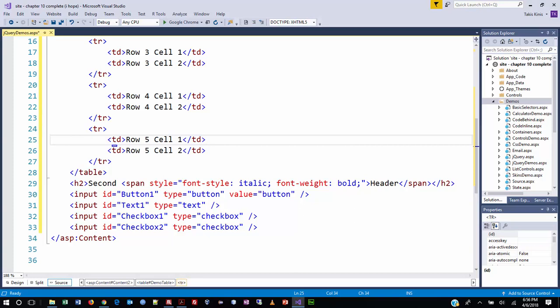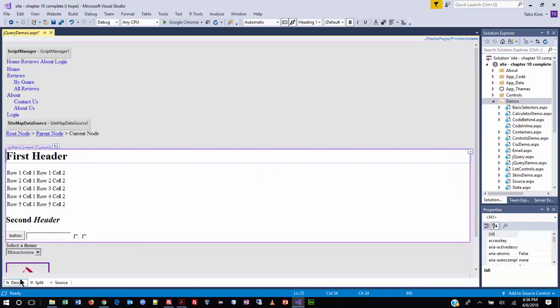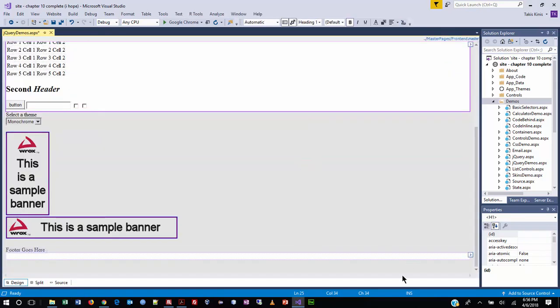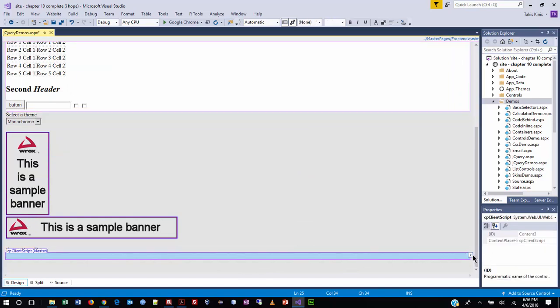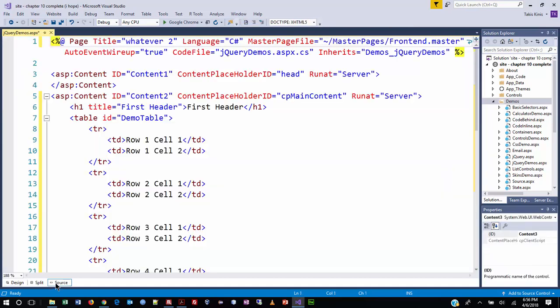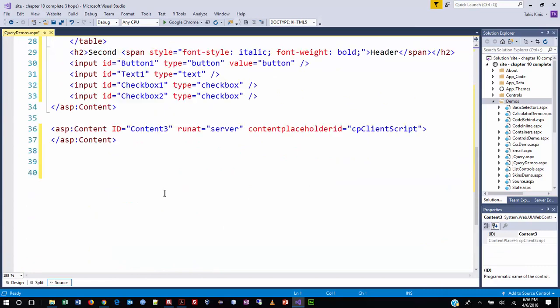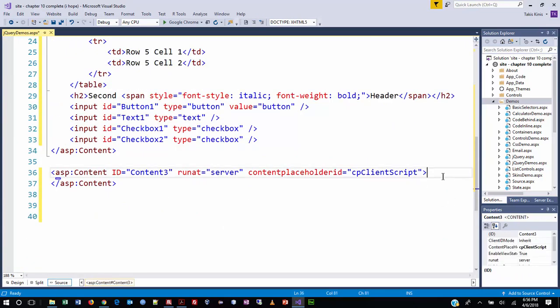Step number 2. It says add a content block for the CP client script below CP main content. Now, if you guys remember how to do that, we do have to go to the design view. And somebody in class had this issue, that even though this is on the master page, it's not going to generate any code for you in the code view until you do this step. So that step is actually required if you're wondering why it didn't show up. And so now we have that area,